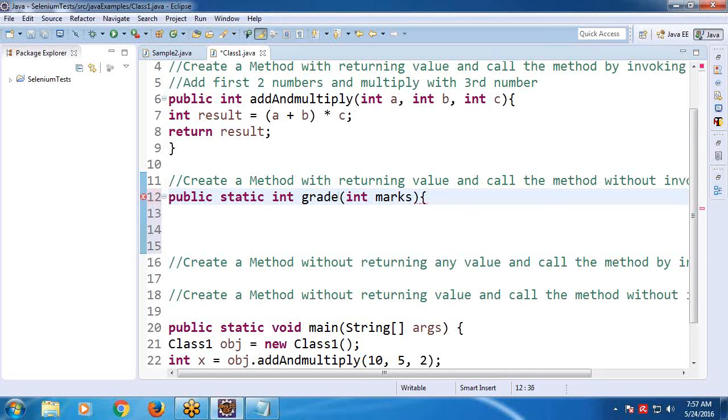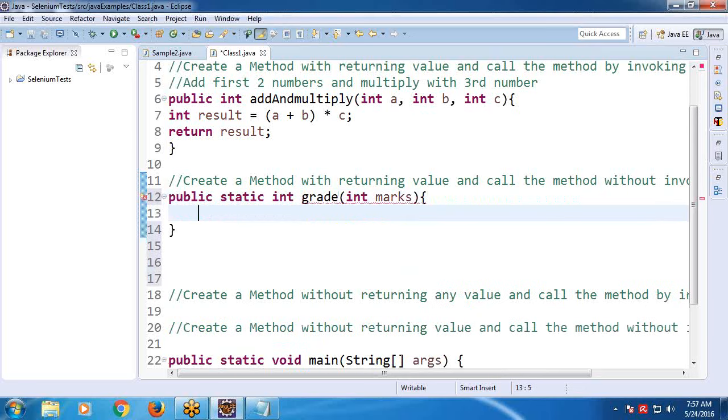Here I am going to use else if structure. If marks greater than or equal to 600,